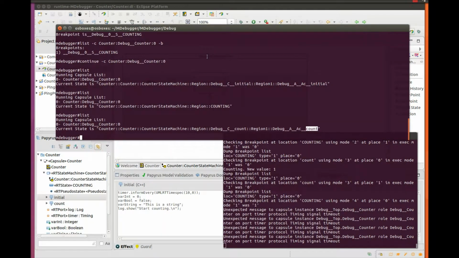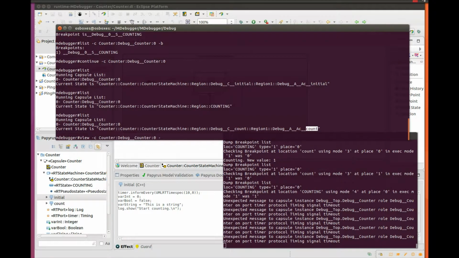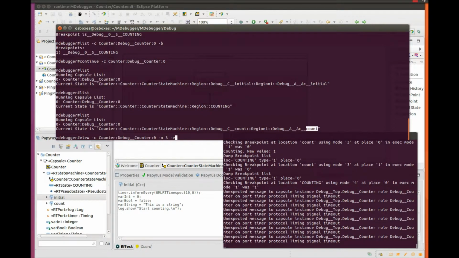And I can use another command, which is view, with the name of the capsule, and this time I can use -n and -e in order to see the different events that occurred that led this system to its current state.